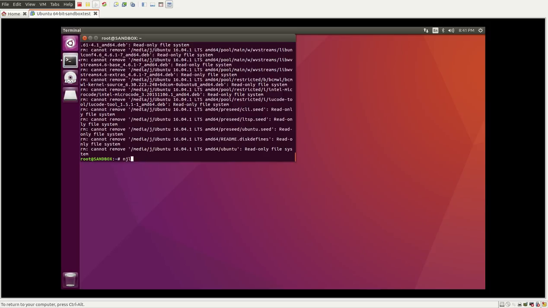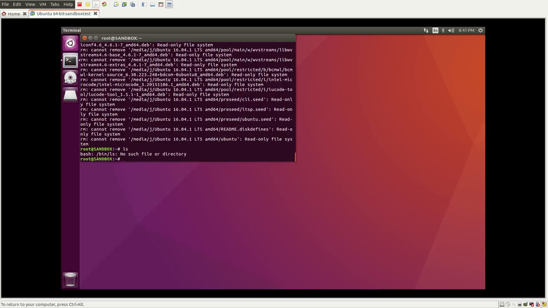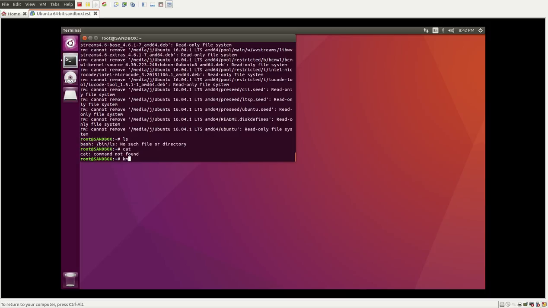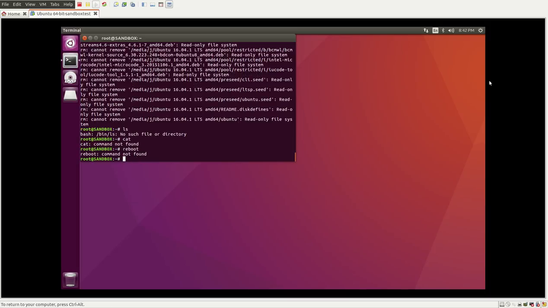I can still type, but no ls, no cat, no nothing. So basically I have just rm -rf. I can't even reboot. But if we go vim, power, restart,